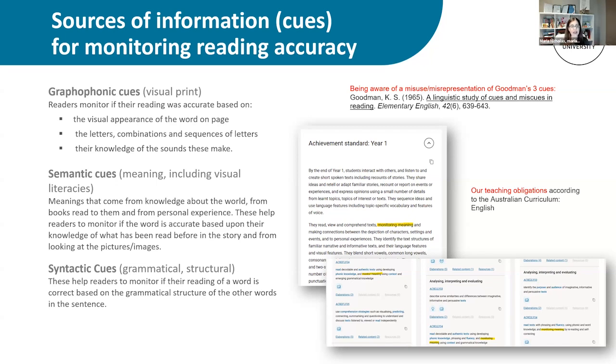Syntactic cues is when they, a good example might be if the text was written completely in the past tense, and then the next word, like the person ran, and then they said, "will run." And they've completely changed the tense. So it shows that they're not really tuning into the tense of the text. They might have fallen back onto the way they would have said it, and it does not match what was written on the page. They're guessing at what the words are.